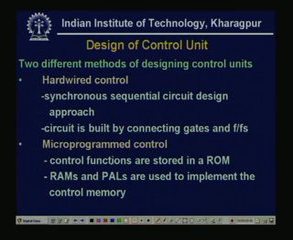Normally, the hardwired control is a synchronous sequential circuit design approach. The hardware control evolved from the fact that the final circuit is built by physically connecting the components such as gates and flip flops. Now, in a microprogram control unit, all control functions are stored in a ROM inside the control unit. This memory is called the